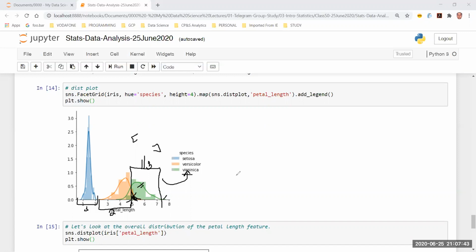In both the cases, I'm going to explicitly write, sir, I clearly see there is a demarcation here. Basis the petal length, I can clearly define the species. But it's not 100% confident. 100% it applies on the Setosa flower because there is a clear demarcation. For the rest of the two, versicolor and virginica, there is an overlap. And I understand I can't be 100% sure, but that's fine. 90+% I can be sure. I can be really 90% plus confident that there is a demarcation between the virginica and the versicolor, which falls in the range of 2.2 to 4.8, in which versicolor falls, and then 4.8 to 7.5 or something, where virginica is going to fall.